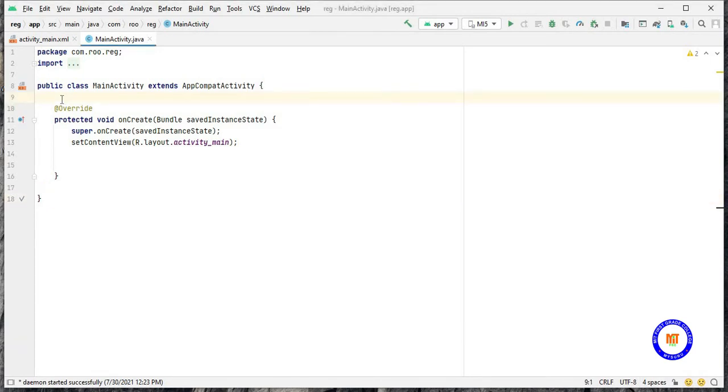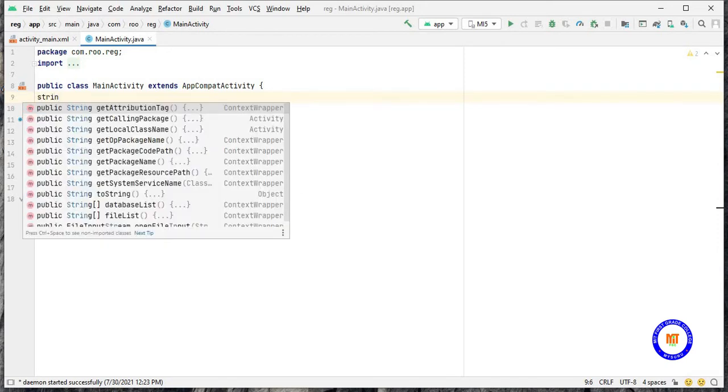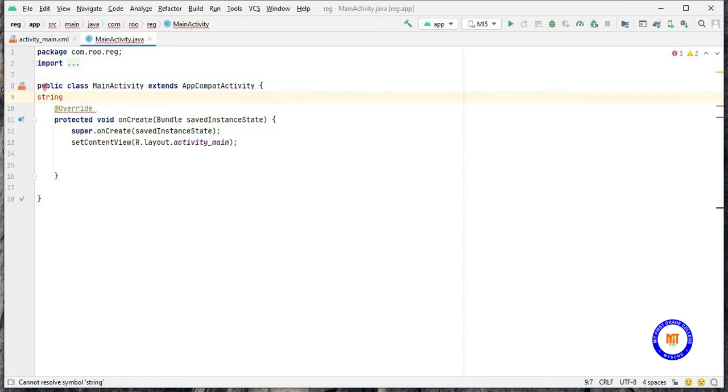First I have to take a single dimensional array. Since it is in string format, I am taking the data type as string.